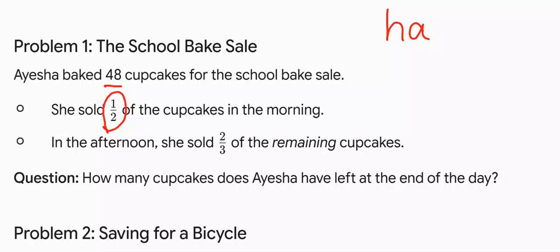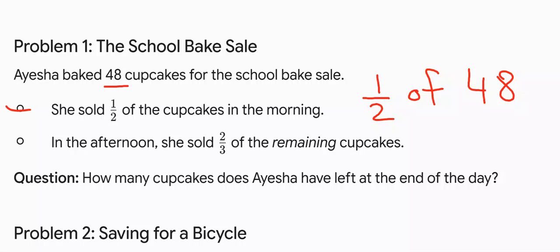Rule number 1 of solving multi-step word problems is: whatever information you get, start solving it. They didn't ask us in the question how many is half the cupcakes, but we will solve it. Aisha baked 48 cupcakes. She sold half of the cupcakes in the morning. So half of